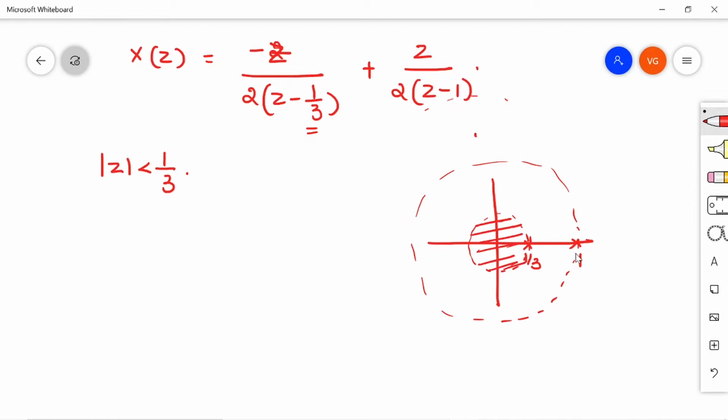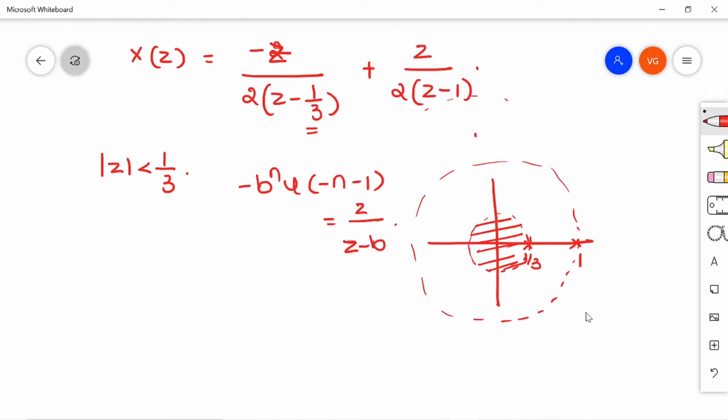Now check it out. Your two poles are outside the ROC, then it is a negative side sequence. If the poles are outside the ROC, you take it as a negative side sequence. If the poles come first and then the ROC comes, then you take it as a positive side sequence. Here, first the ROC is coming, after that the two poles occur, so you take it as a negative side sequence. Negative side sequence means minus b power n u of minus n minus 1, that is nothing but z by z minus b.